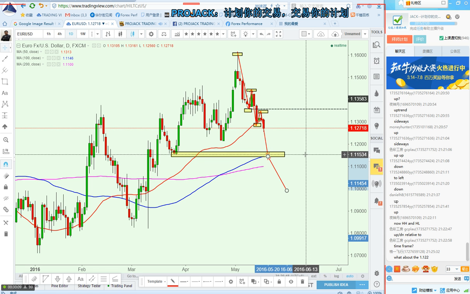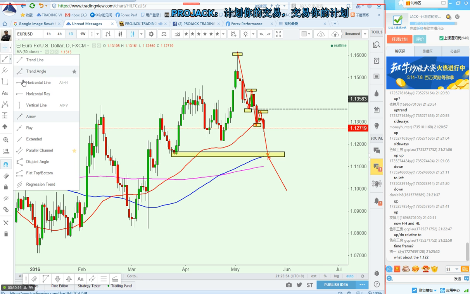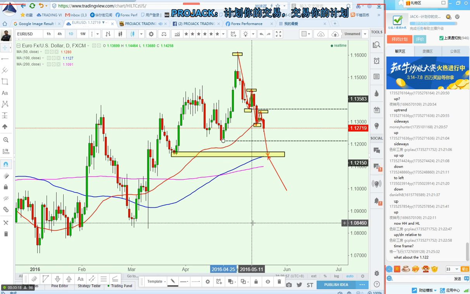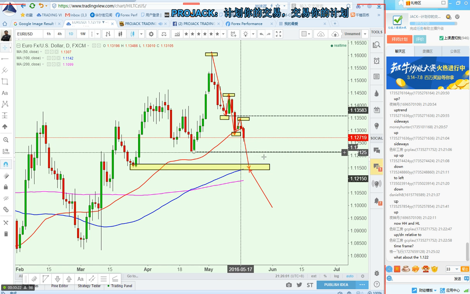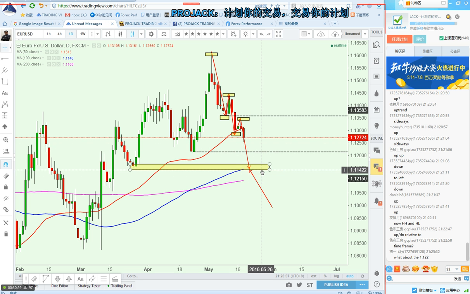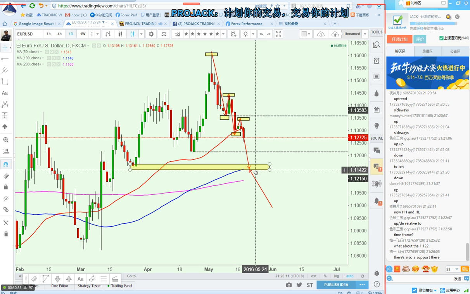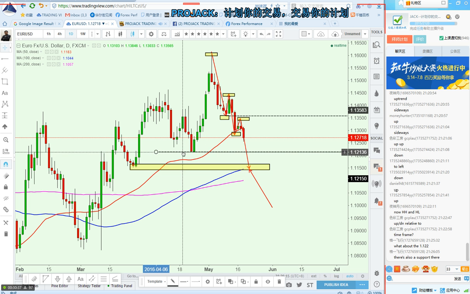Somebody says, what about the 1.122? Okay, 1.122 here. This low, right? This low is kind of in the middle, and you can see here is empty. There's no moving average here. There's no MA support here. But the MA support does come at the 100-day and 200-day MA at 1.114. Yeah, there's some minor support. I can say it's a minor support.